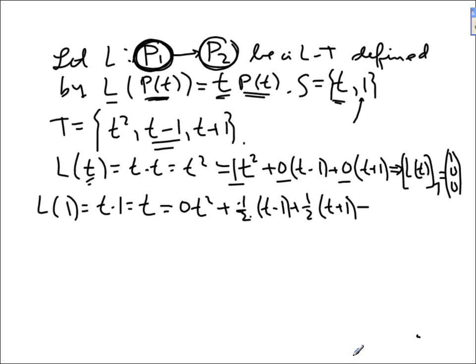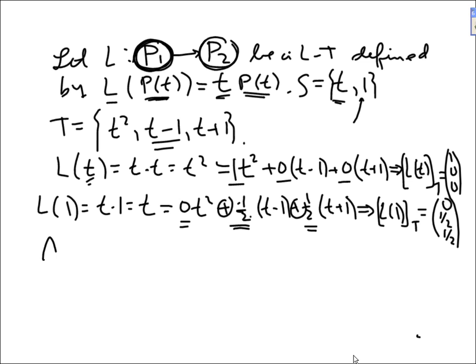Okay, so this implies that the coordinates with respect to T of L of 1 is 0, 1 half, 1 half. Make sure you include the signs. 0, 1 half, 1 half. So matrix A is nothing more than 1, 0, 0, 0, 1 half, 1 half. I just wrote down those two matrices as the columns of A. Now,